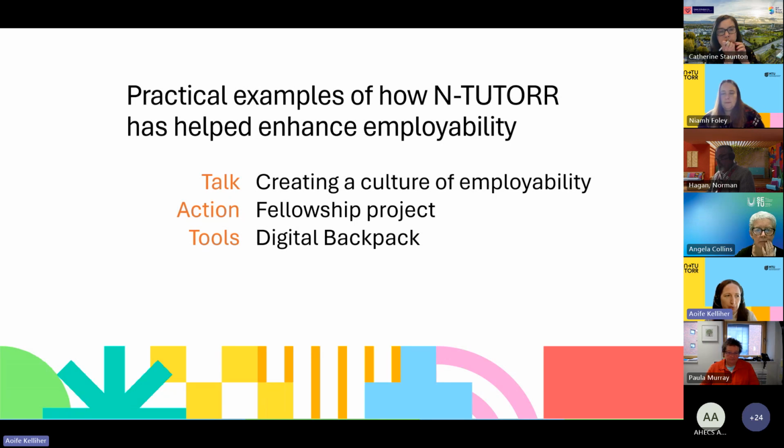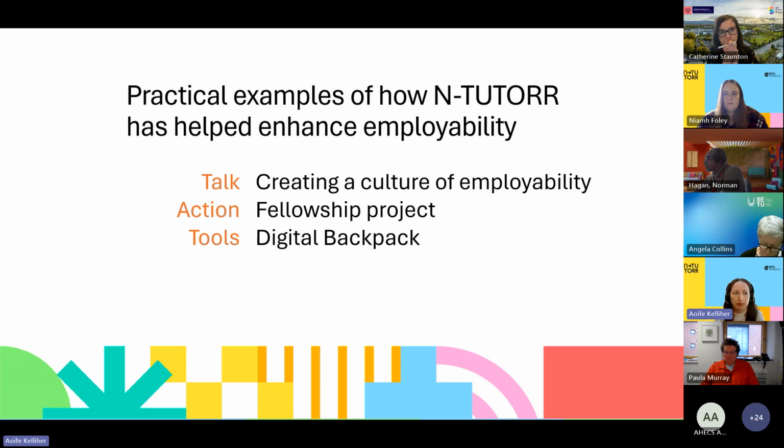So looking back on the year, in particular this academic year within TUTOR, they would have put out a call for projects that would focus on improving each of the thematic areas of TUTOR. And this presentation has given me an opportunity to hone in on the ones that I felt impacted employability. It was interesting to see the different range in how it was impacted and why it was impacted.